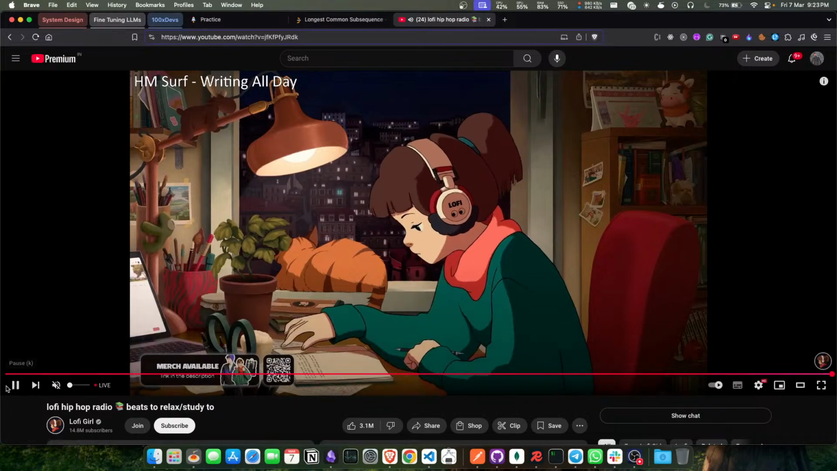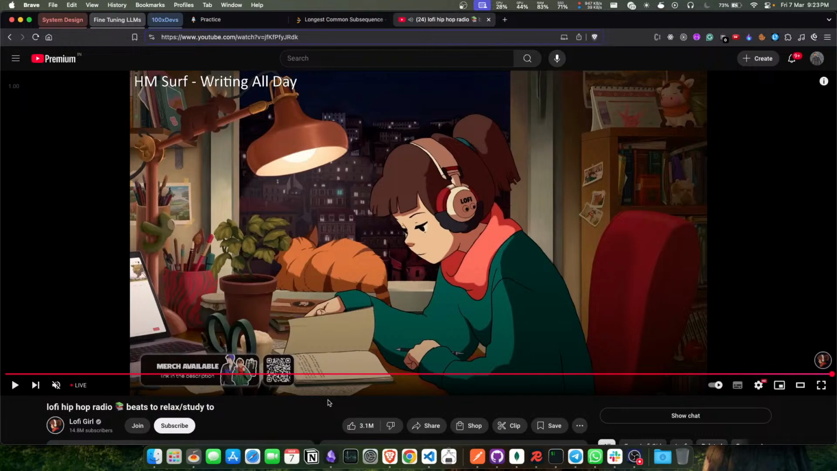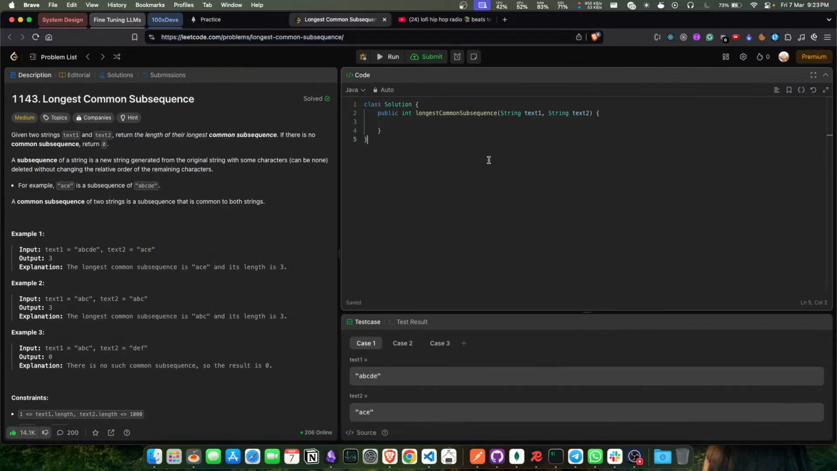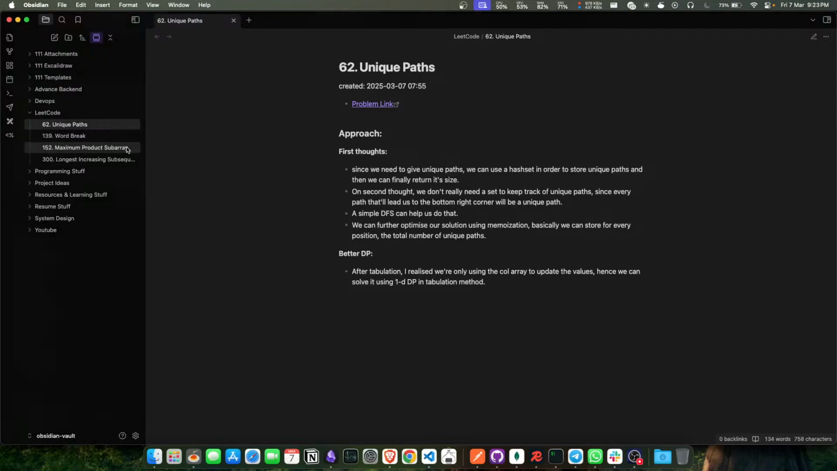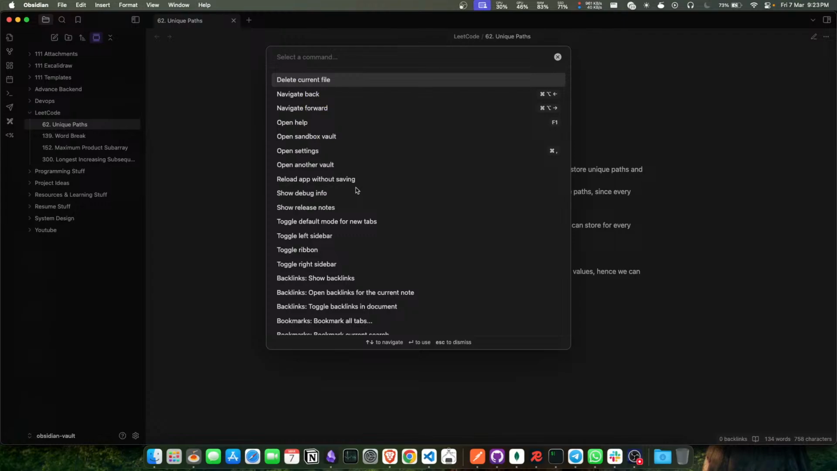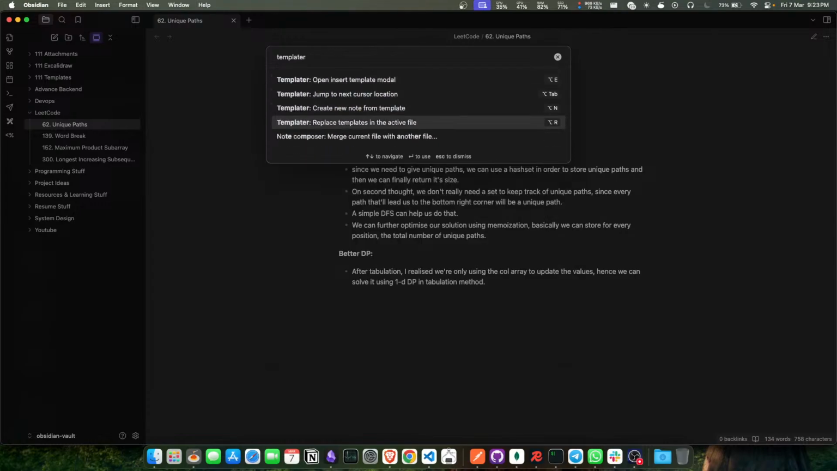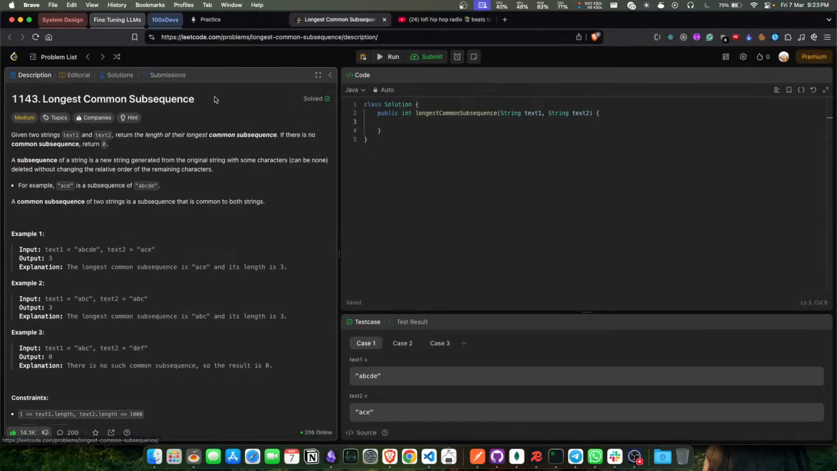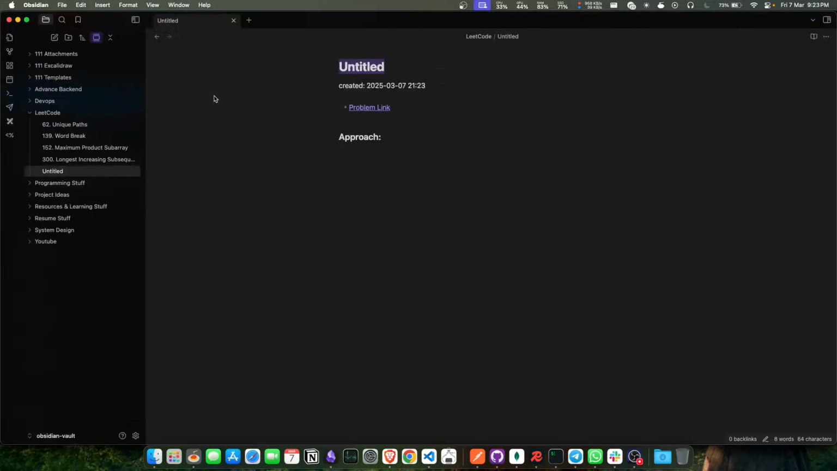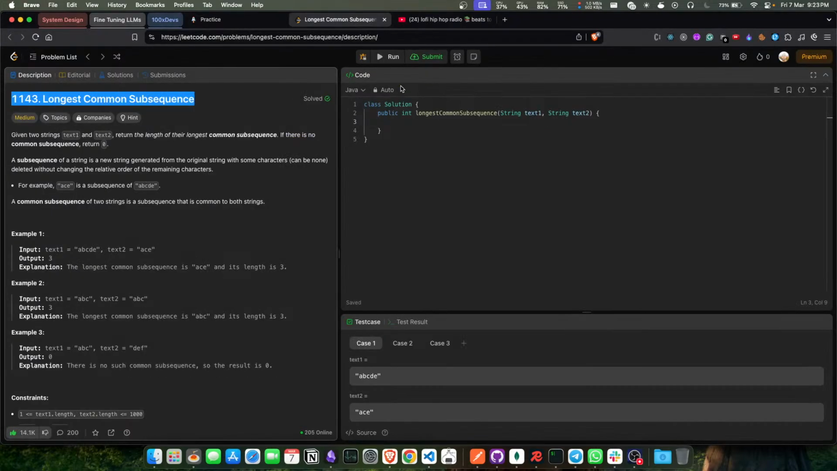Cool. Let me just open up my Leetcode setup and then we can start. And this is longest common subsequence. This is the problem, and the problem link is